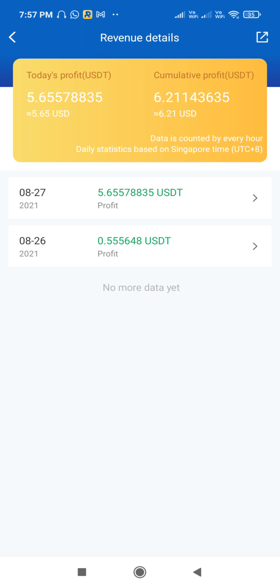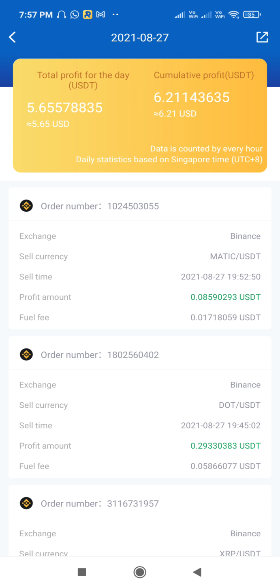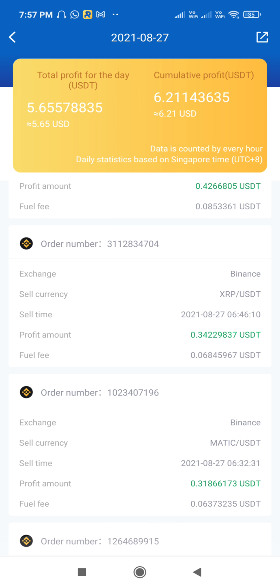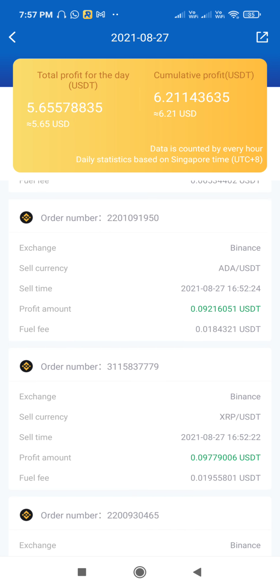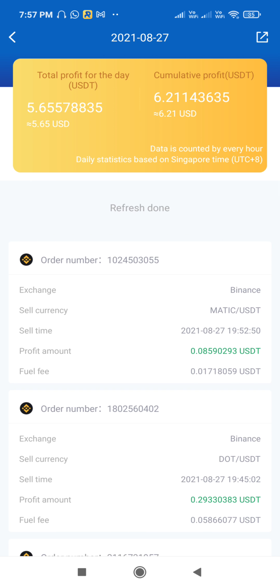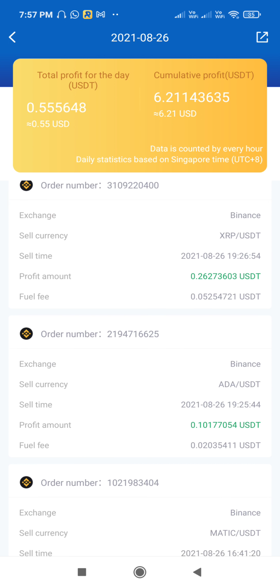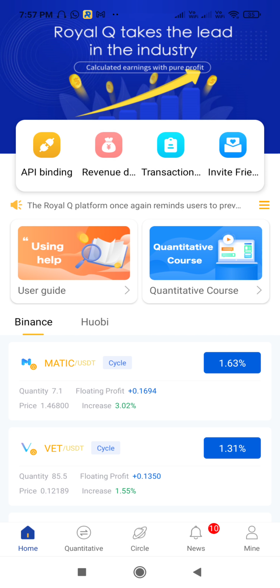See, this is revenue. I started yesterday evening, and today I have earned 5.65 till now. One more good thing about this bot is that it never closes a trade in negative. You can see not a single red, all will be green or blue only, because it never closes a trade in negative. Here, yesterday's trade was there too. It depends upon how much fund you have.